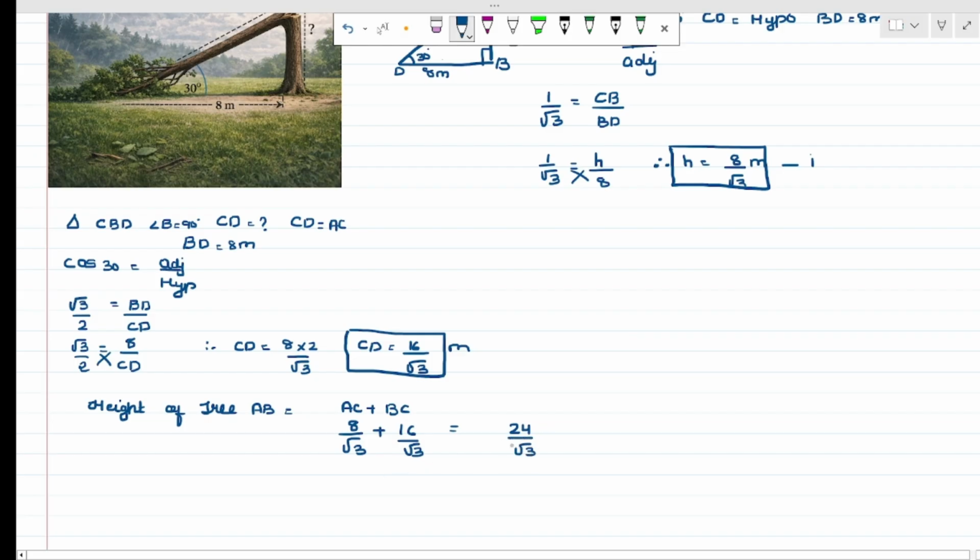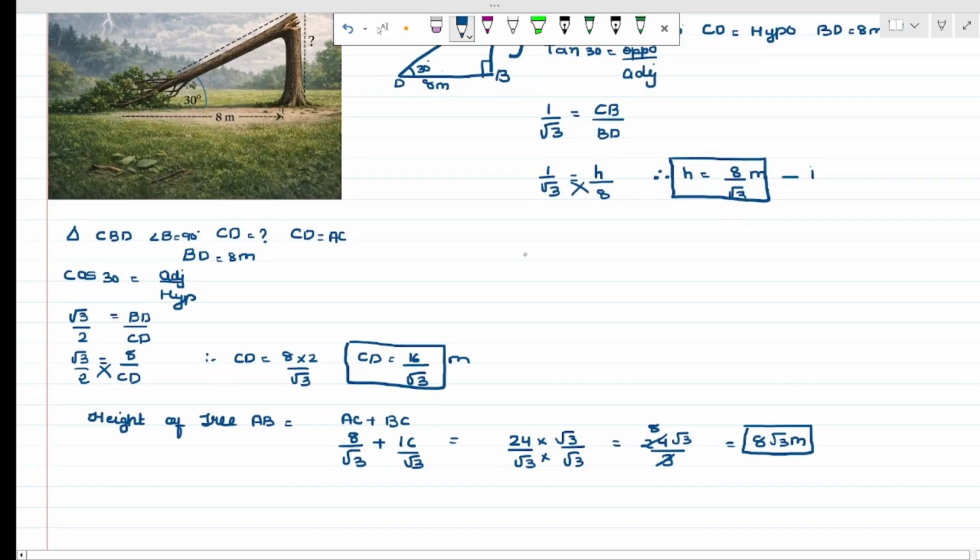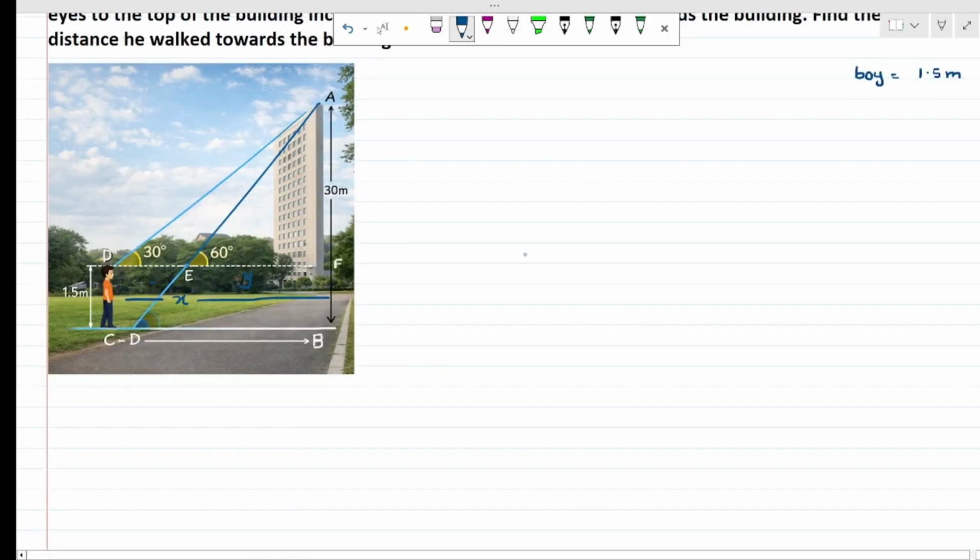Now I don't want my root 3 in the denominator. So rationalize it by root 3. So whatever you do in the denominator, you need to do the same in your numerator. What you will get as your answer is 24 under root 3 upon root 3 into root 3 gives you 3. 3 8s are 24. So your final answer is 8 under root 3 meters. This way you can get the height of the tree. That means the whole height of your tree will be 8 under root 3. Okay, clear? Now moving on to the next question,